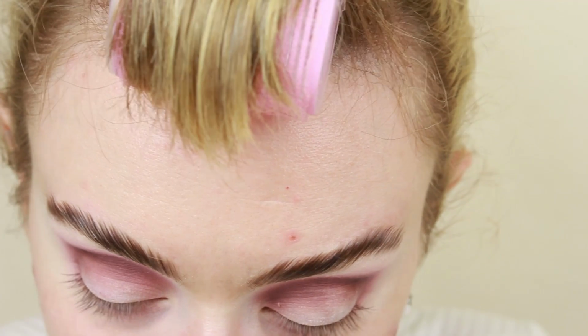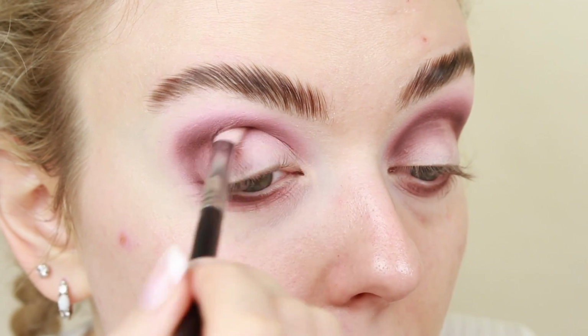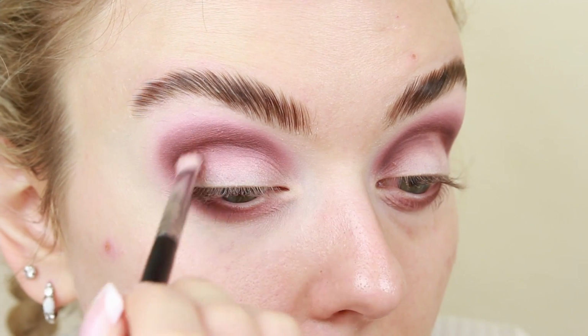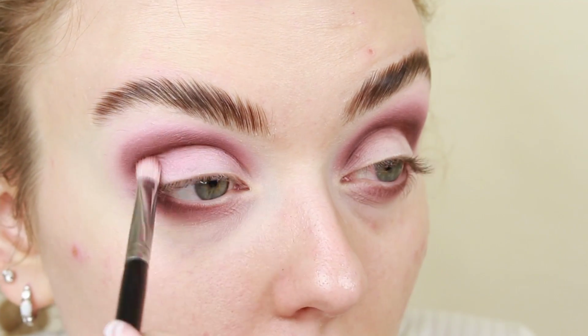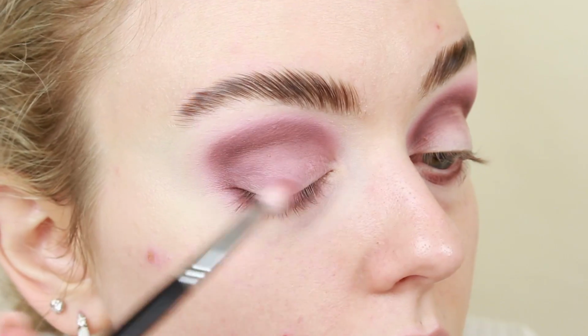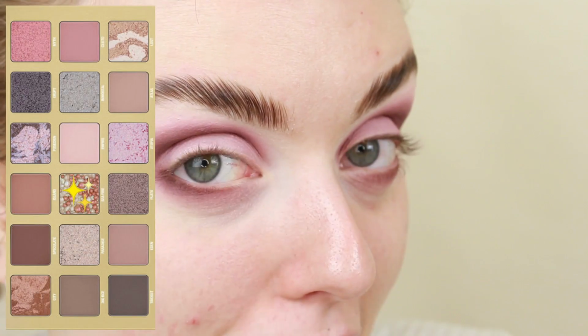I think first I'm just gonna take a bit more of Clito and I'm gonna bring that underneath this time. I might even just whack it all over the lid quickly, just a really light wash. What I'm going to start by doing is taking the shade Seafire, which is that weird